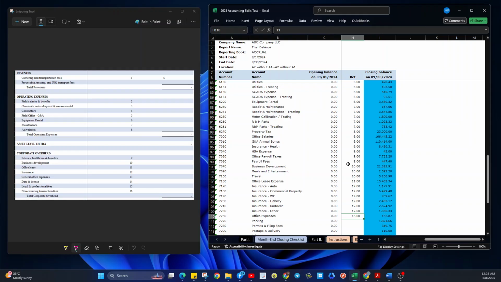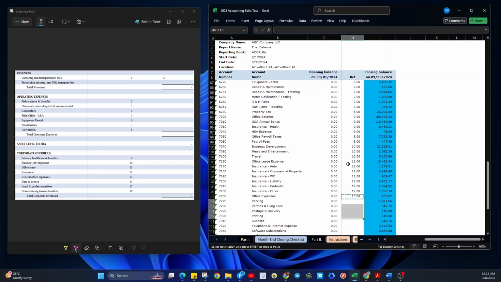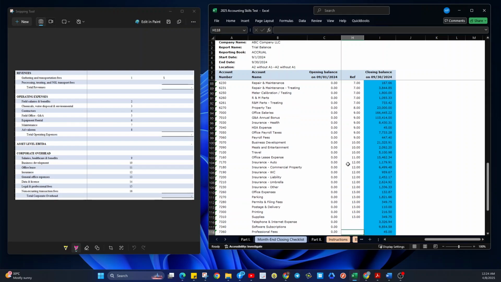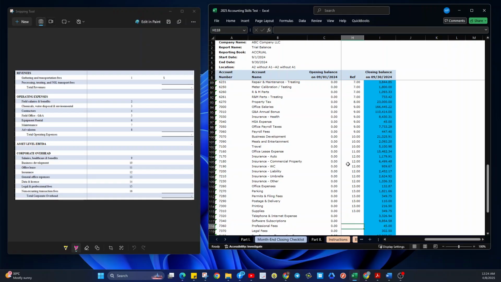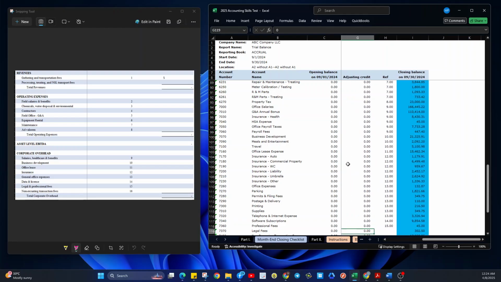Let's cover parking under general office expenses, up to supplies. For data and license, number 14, I think we have to cover here. But for telephone, that would be under general office expense. Professional fees, number 15. Legal fees would be 15.